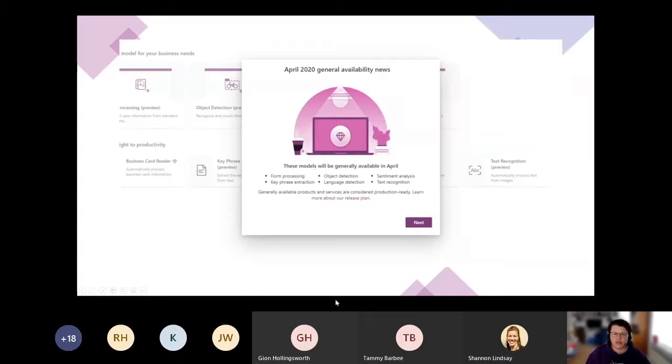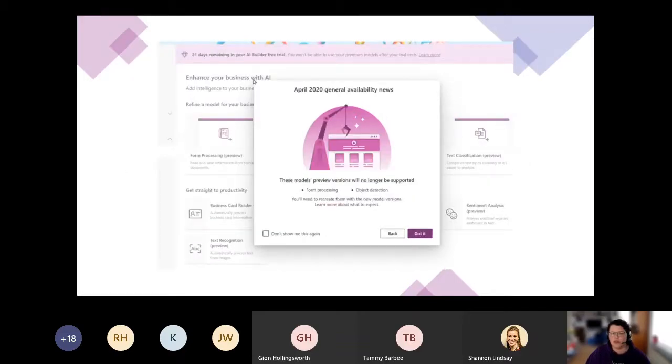These are the models that will become generally available: form processing, key phrase extraction, object detection, language detection, sentiment analysis, and text recognition. And if you have done some things with form processing and object detection, those models are actually replaced. So everything that you did with these models, you have to redo with the new generally available models.